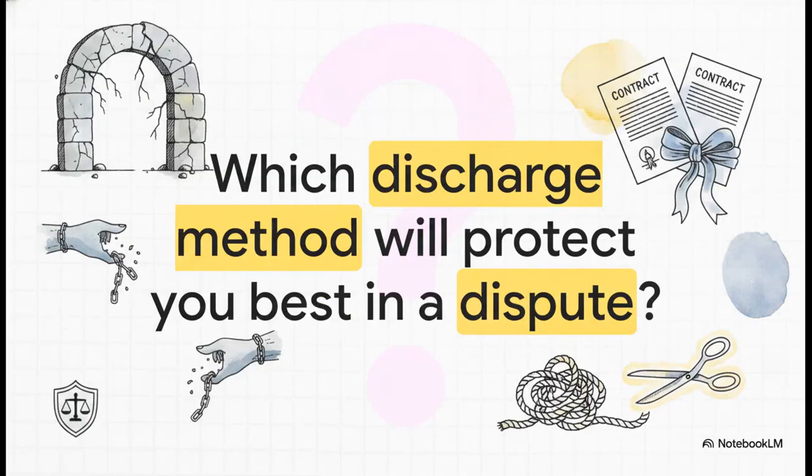So we've covered the architecture of discharge, from the rigidity of the pre-existing duty rule to the strict requirements of novations and executory accords. Now what's really interesting is applying this framework to the real world. When your future client wants to walk away from a deal or restructure a massive debt, will you know exactly which discharge method to use to cut the cord without leaving them on the hook? Keep these rules in your back pocket, and you'll be ready to navigate any contract exit out there.